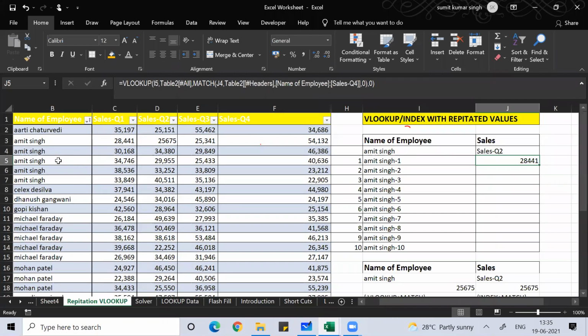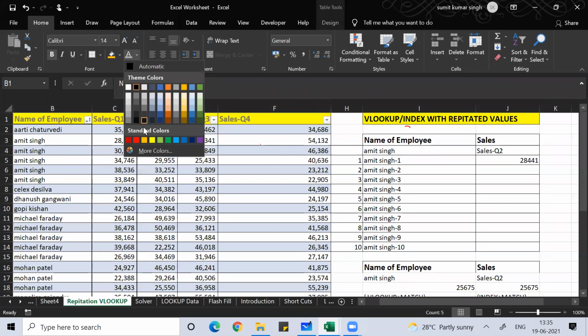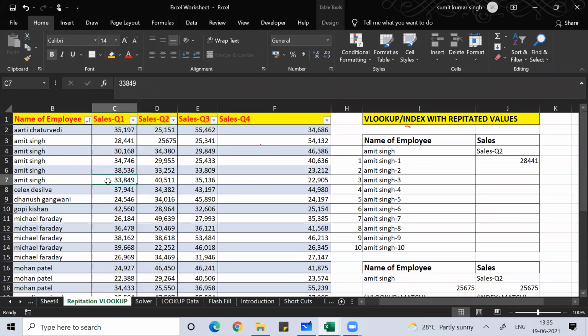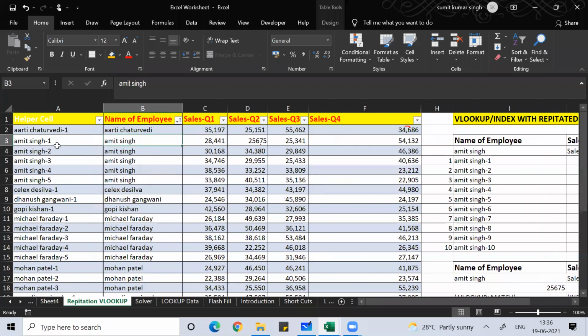So Amit Singh, quarter 2. These values are not visible, guys, so let me just change these values. Here you can see Amit Singh 1 quarter 2 value should be 25,675.